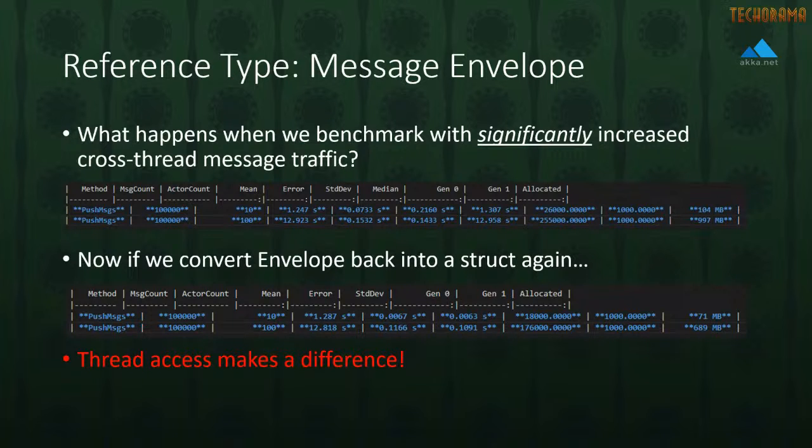So you'll notice, for instance, that we went from having 26,000 Gen 0 garbage collection attempts to only 18,000. So in addition to removing, let's say, 1/3 of our total memory allocation, we also removed 1/3 of all of our Gen 0 garbage collection as well. So that's one of the reasons why ultimately changing this back into a value type makes more sense in the